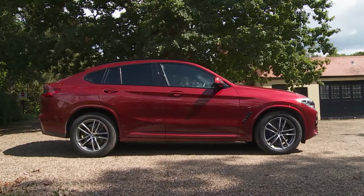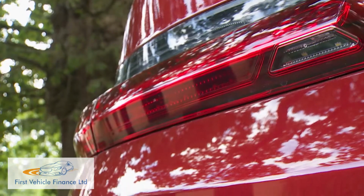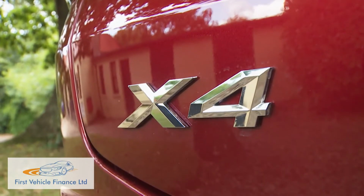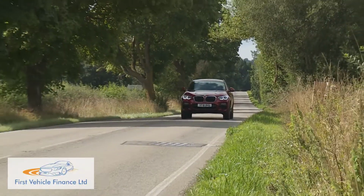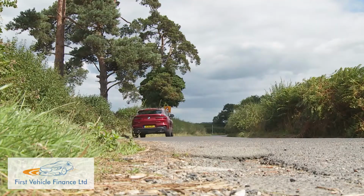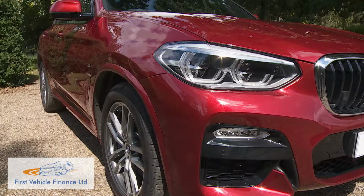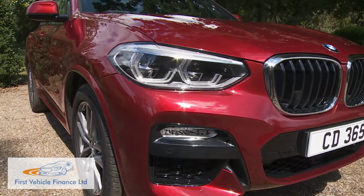BMW tells us this is a sports coupe. Whatever your take on that, this second-generation version of their X4 is certainly an interesting take on fashionable family motoring, an avant-garde mid-sized crossover coupe you'd want to be seen in. If you can afford the fee, it's a tempting take on the SUV genre, and if you like the looks,